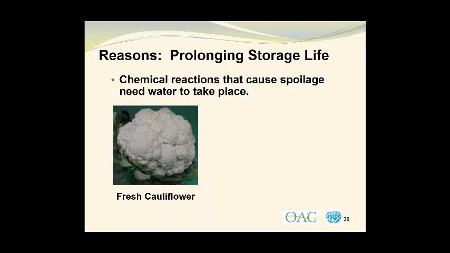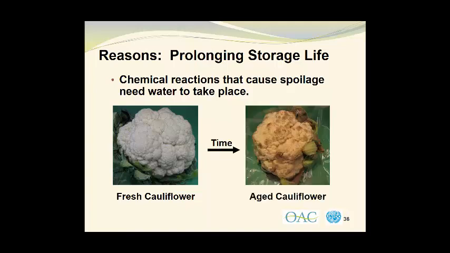The fresh cauliflower in the photograph on the left of this slide has the characteristic creamy white florets that indicate a high quality fresh material. However, over time, significant changes can take place. In the photograph on the right, we see cauliflower that has aged at room temperature. You will notice that the creamy white florets have become beige or darker brown, and in spots they've almost become